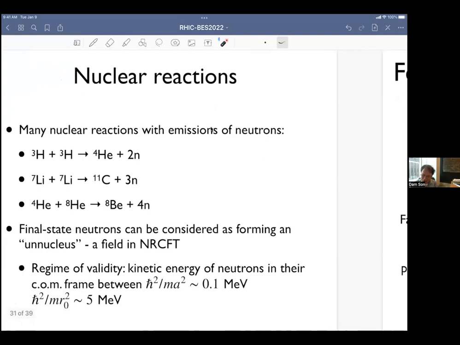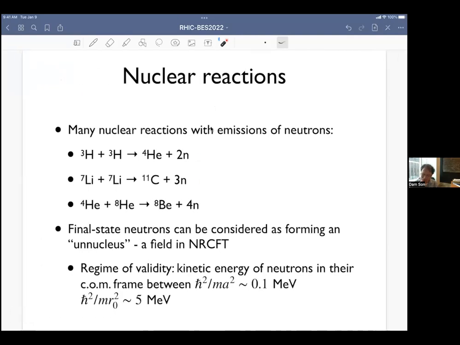If we have such reactions, and if the neutrons in the final state have a small energy in their own center of mass frame, then these final state neutrons can be considered as forming a rather fuzzy object, which we call an unnuclear, which is described by a field in a